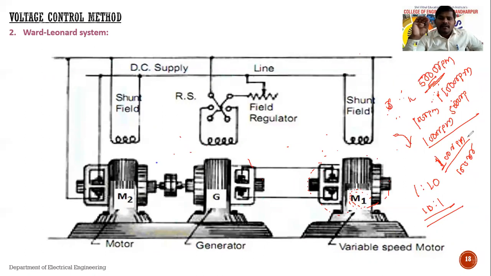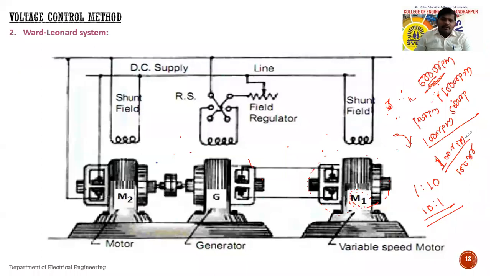That means 1 ampere ला 1 revolution per minute ला रन होणारी मोटर मी 10 revolutions per minute ला रन करू शकतो, and a motor running at 10 revolutions I can achieve the speed up to